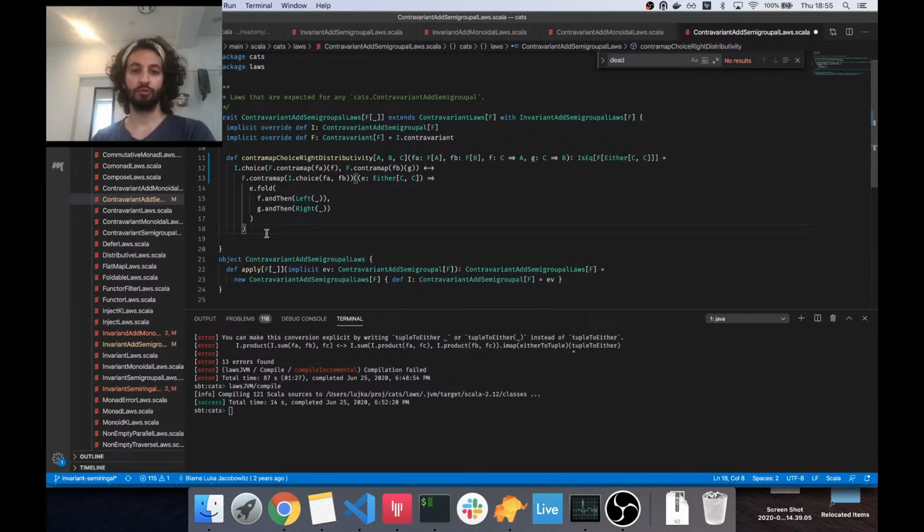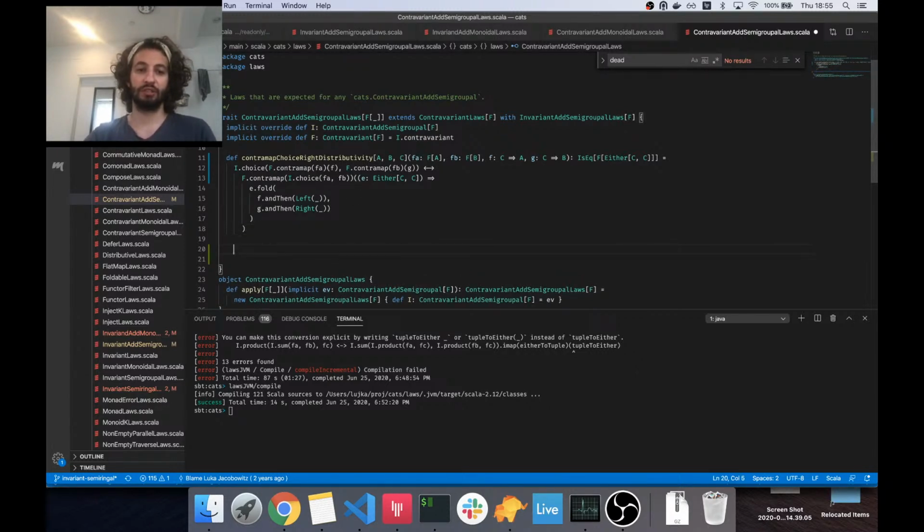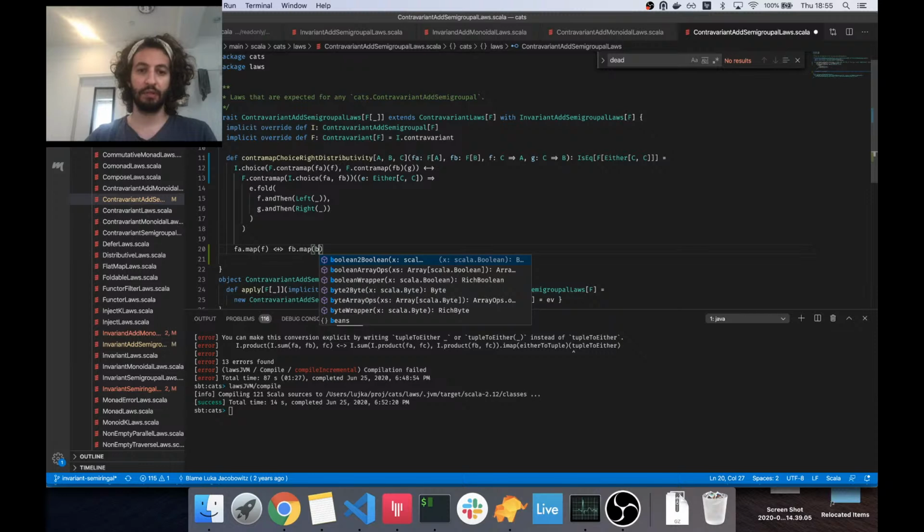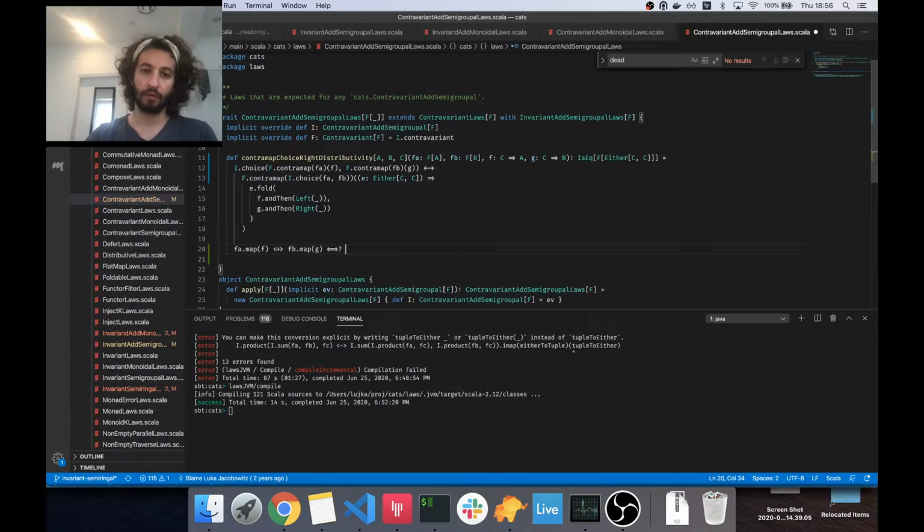Yeah, as long as you, and then yeah, okay. So basically, given something like monoid K, what we would want is that FA map F combined with, or combined K'd with FB map B map G. That should be the same as calling FA